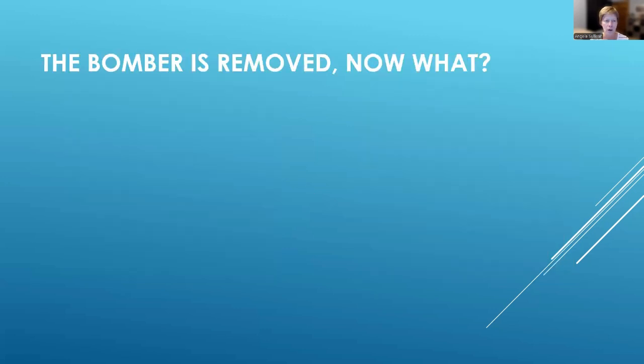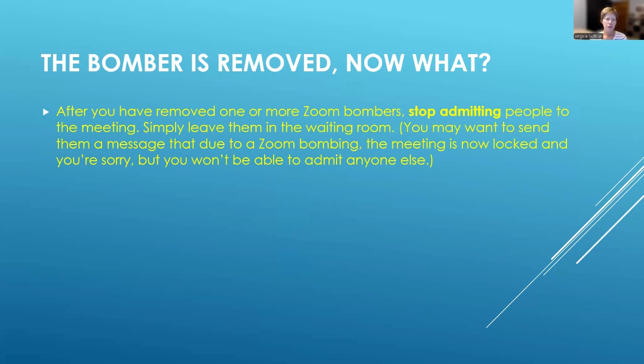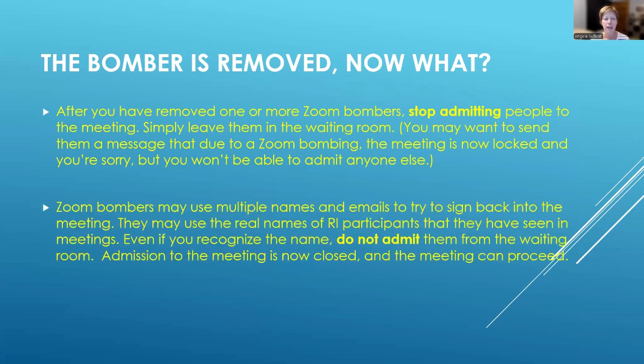So what do you do now? Okay, the Zoom bomber is removed. Now what? After you have removed them, stop admitting people to your meeting. And if you've got your waiting room, you can do this easily. Or if it's locked, of course, they're not coming back in. Simply leave people in the waiting room. You might want to send them a message through Zoom too. You can do that, that the meeting is now locked